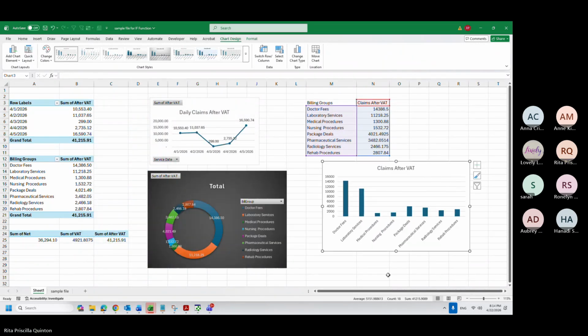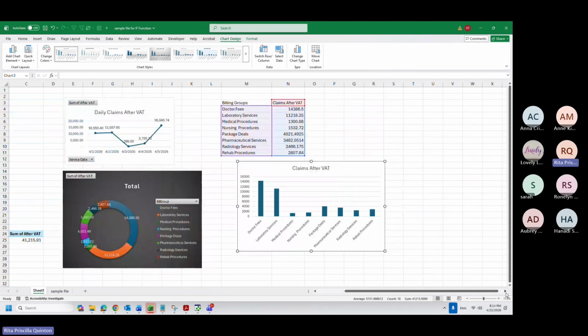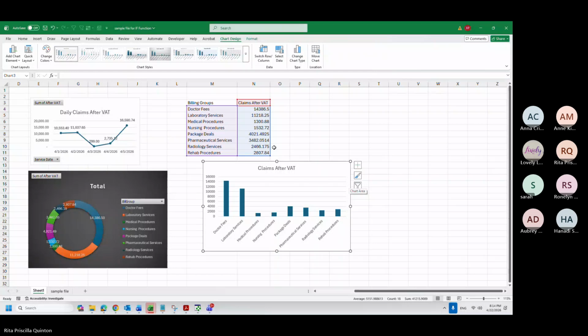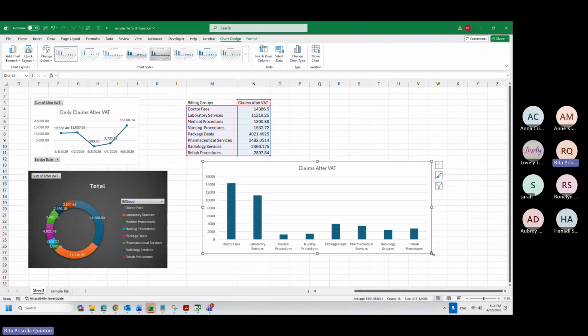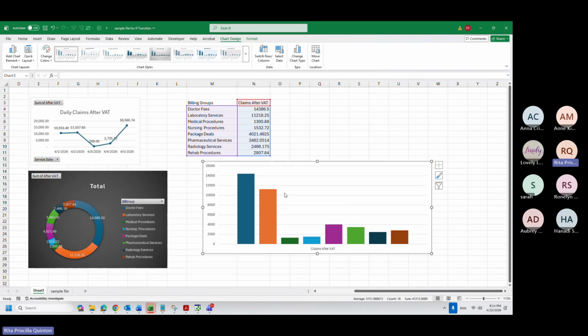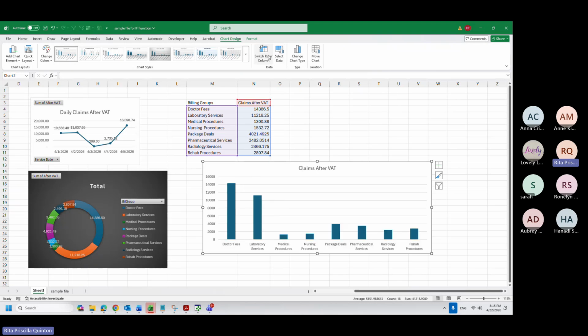Usually Excel will give us recommendations, but the recommendations are not always going to be correct, so you still have to check them. Sometimes the issue that I usually have is it's coming like this, which I don't understand.